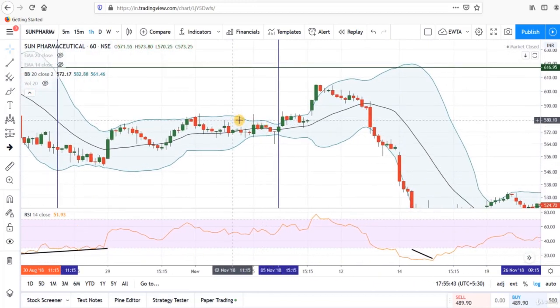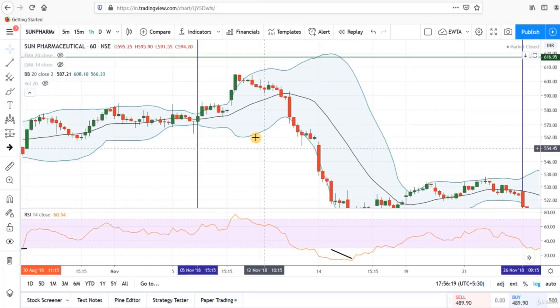The same is here. Bands are getting close to each other and there is a contraction in the prices. So we can assume that there will be a breakout in the prices, and see here, we are getting an expansion in the Bollinger Band and prices are going in upward direction. But this is the resistance level. Near this resistance level, prices were not able to cross this level, and suddenly prices are going in downward direction.